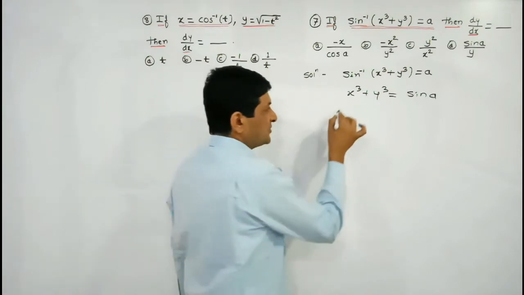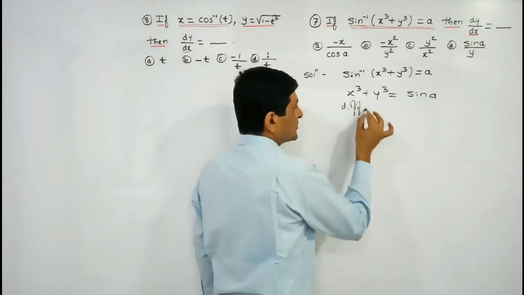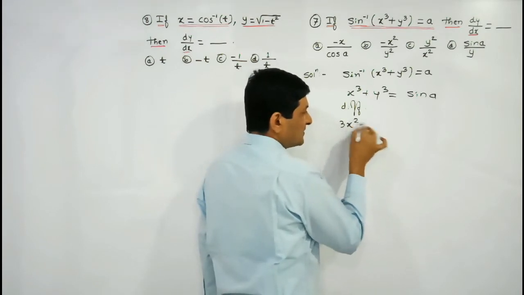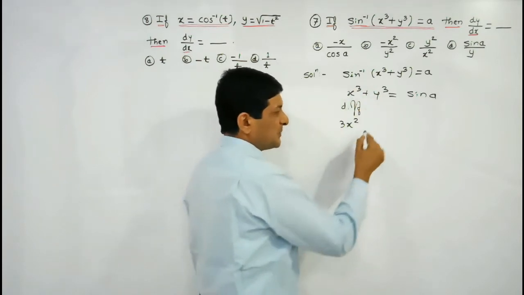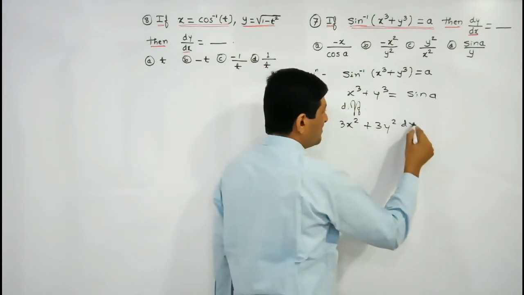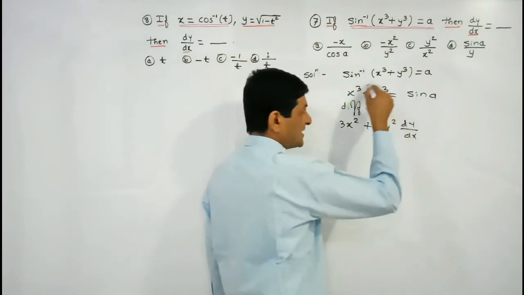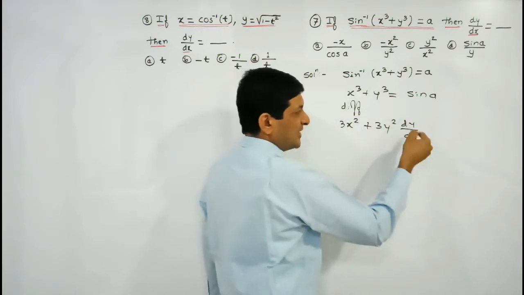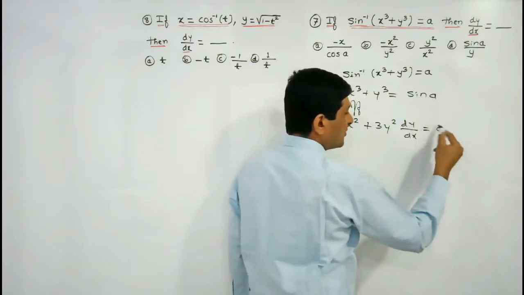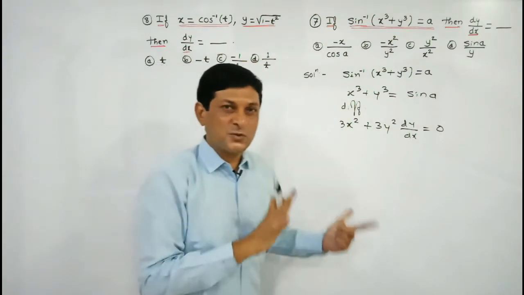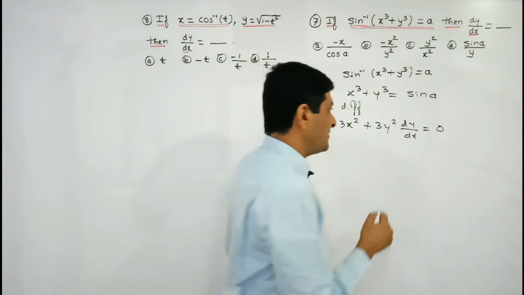Now we are differentiating it. So differentiate it. What is the derivative of x cube? It will be equal to 3x square. Just simply take the power as a coefficient, decrease the power by 1, and the derivative of y cube is 3y square dy by dx. Here also take the power as a coefficient, decrease the power of y by 1, then the derivative of y is dy by dx. On this side the derivative of the constant term is 0. So differentiation is completed. The remaining part is just to simplify it and try to find out dy by dx.